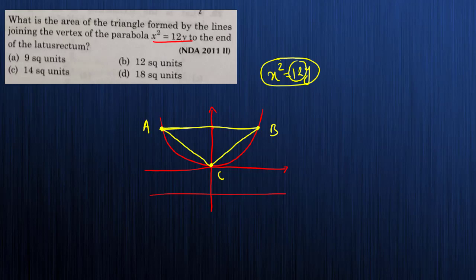Matlab this is the 12. So base of this triangle we know, which is 12. So area of triangle is what? It is 1/2 base into height. Okay, so height, how you will find the height? So if I somehow know the coordinate of this point, I will get the height, and this point is nothing but the focus of the parabola.